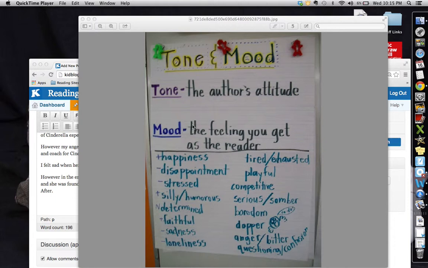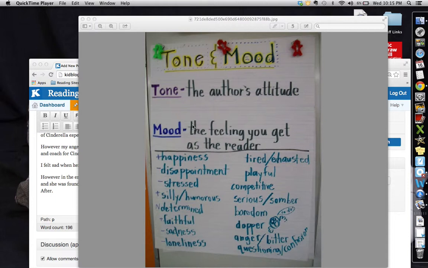And the tone in a story is the overall author's attitude. What is the author trying to tell you about this story? What do they want you to get out of it? Do they let you know that the overall tone of the story is a sad one? Is it a frustrated one? What are they feeling? Mood is the feeling you get as a reader, and that mood can change in the story. There's many times where you can be reading a story and at one point you feel anger with a character, and then in the next minute you feel happy.